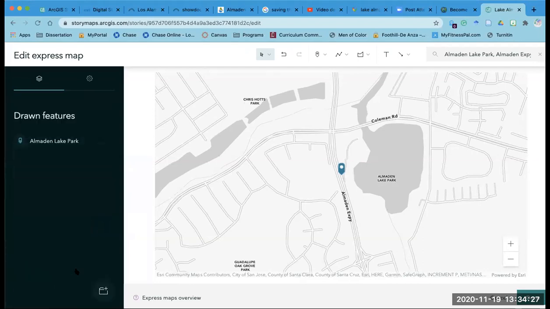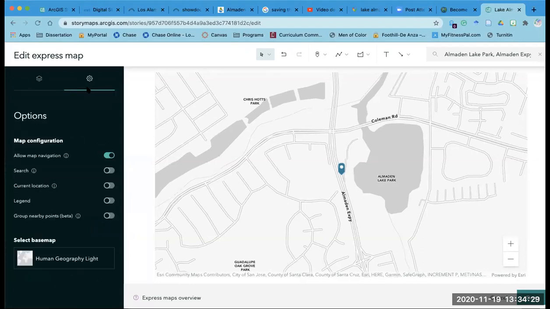Select done. You can also add in and allow people to search their own location within the map, like I was able to do here, or you can not allow that. You can show the current location of the user. You can have a legend, which will show like this.